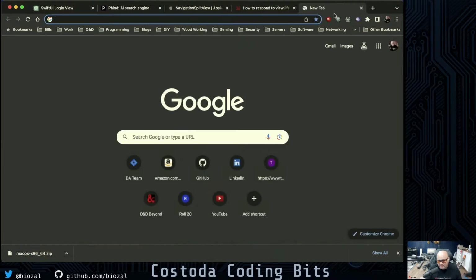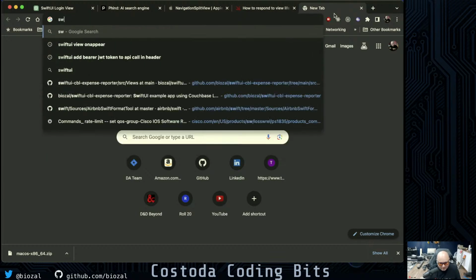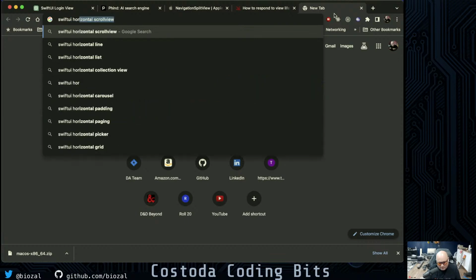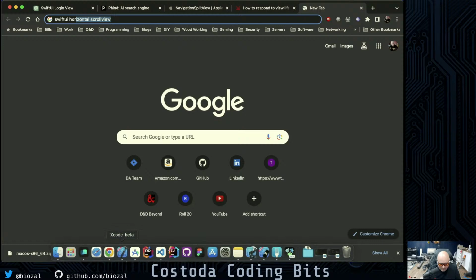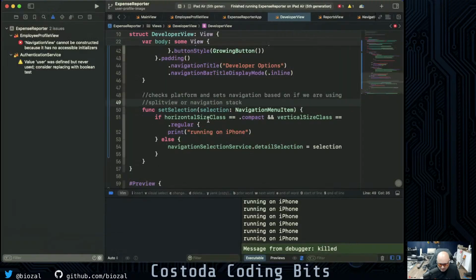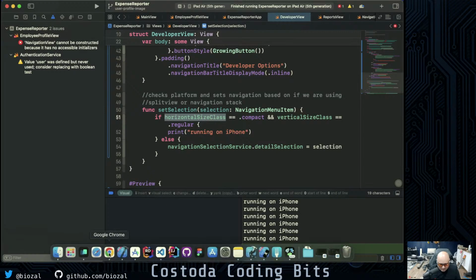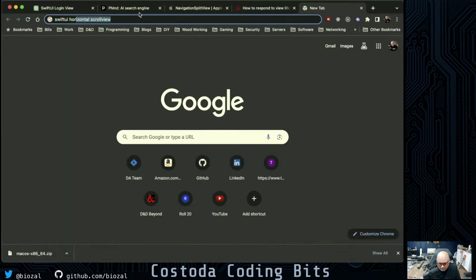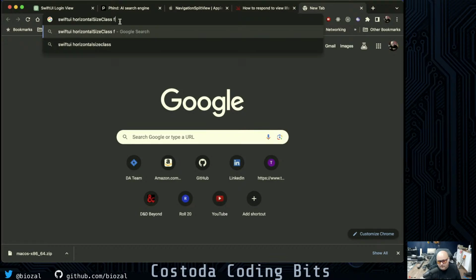I don't believe our AI overloads anymore. What are the SwiftUI horizontal sizes? That's what we're looking for. So we want to know, for SwiftUI, what is the horizontal size class for